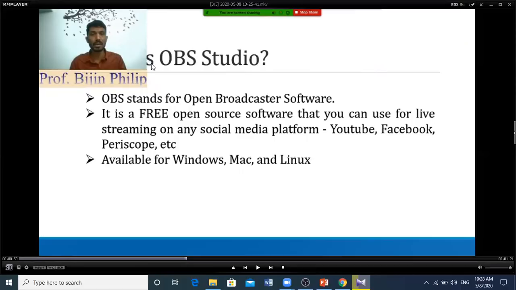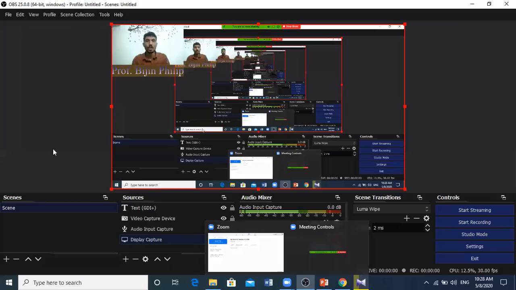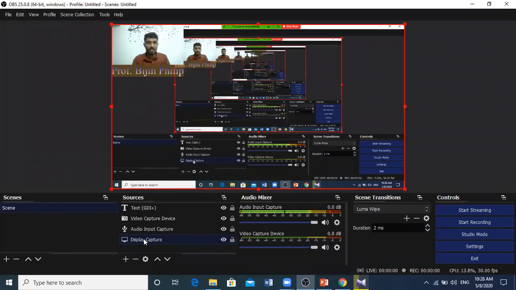So you have to do the alignment properly, then only your video will look good. This is one example of creating a video using OBS software with the display capture functionality.